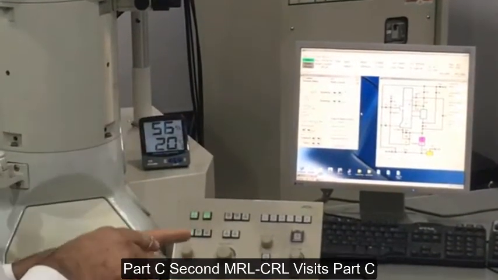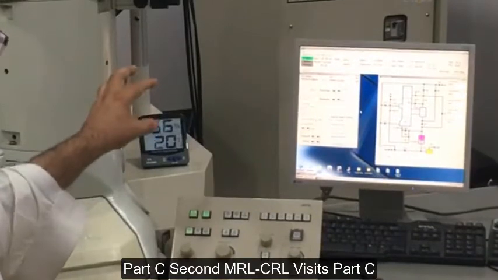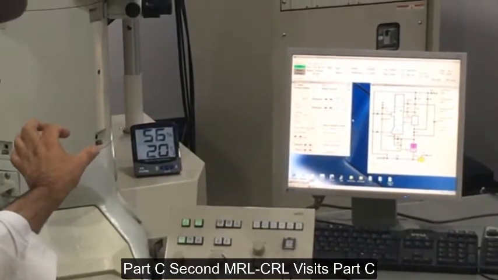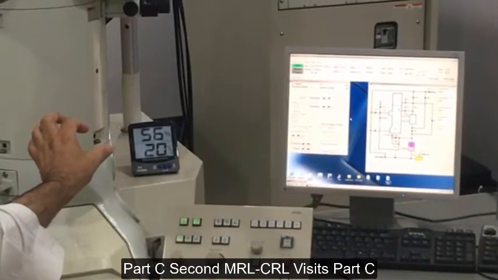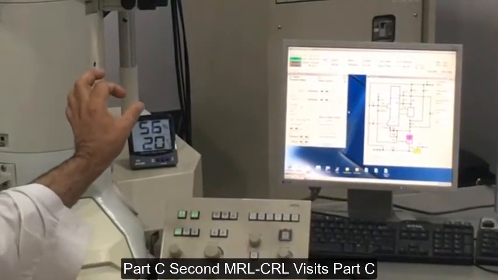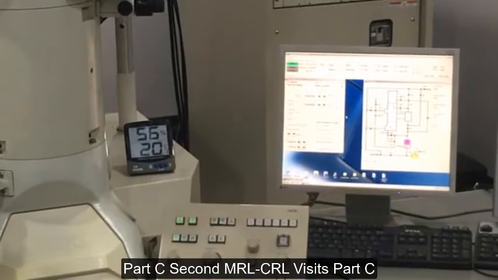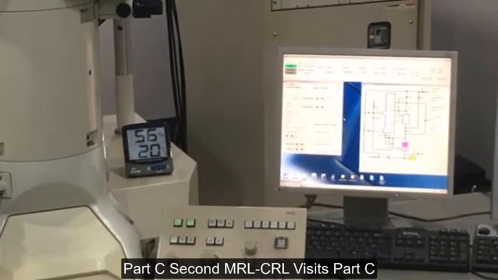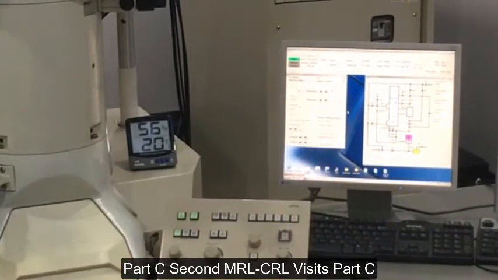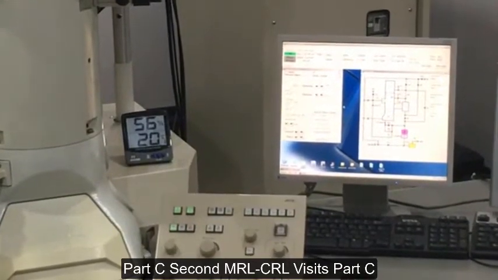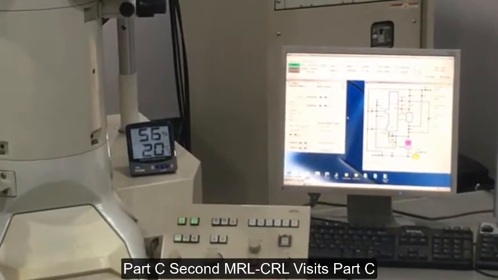Once you know lambda L, you put in an unknown sample, measure the R's, the reciprocal lattice vectors, and determine D from there. D will be the interplanar spacing of that sample, and the interplanar spacing is the lattice parameter. If you are at what you call the lowest zone axis, right?